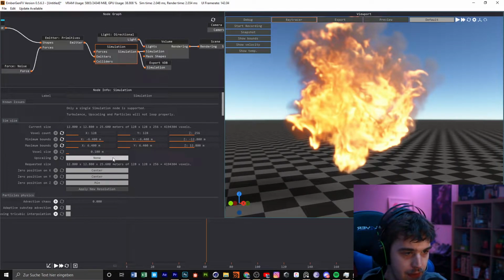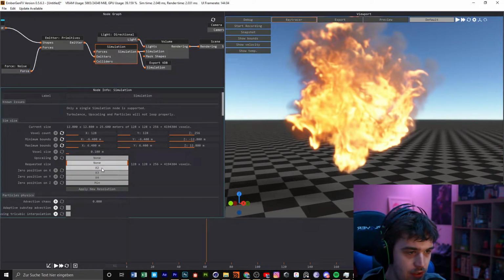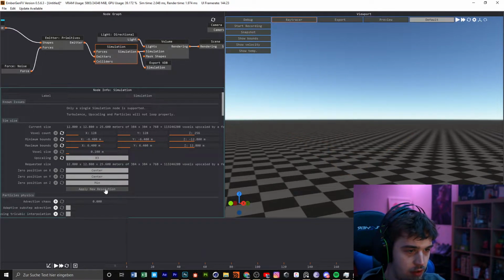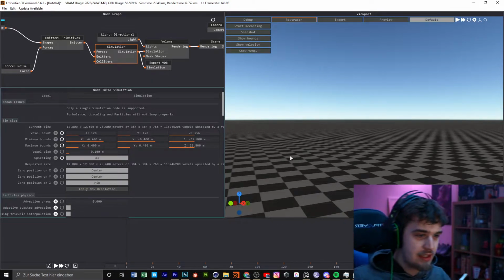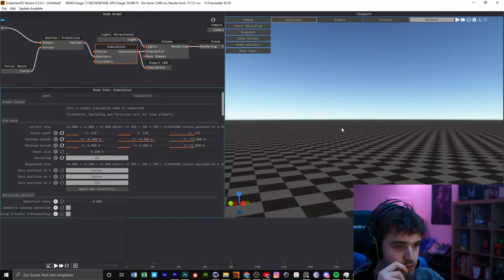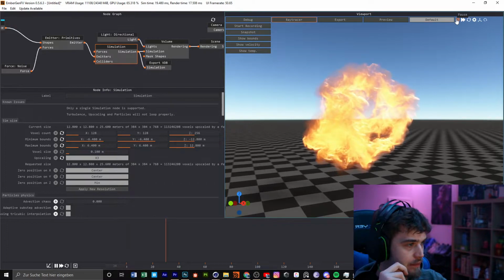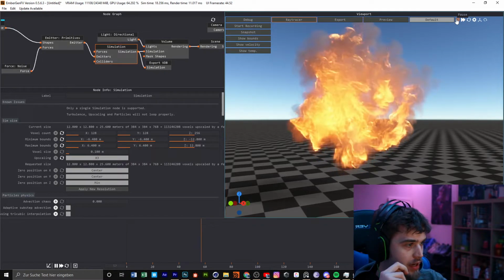So the thing that you can do is get the double of the resolution, or the third, or the fifth, and yeah, we try the third. And go to apply resolution, and as you can see, your animation is more detailed,